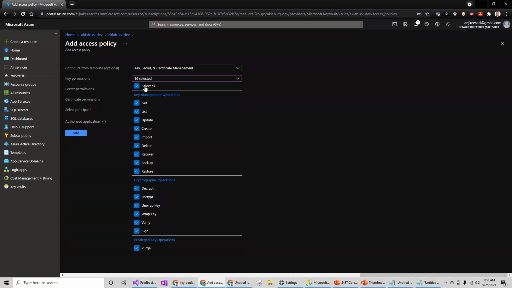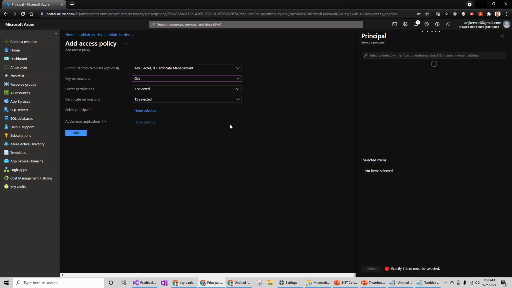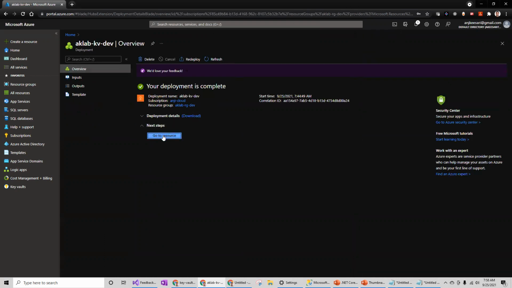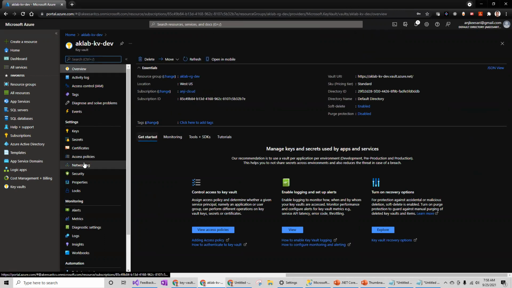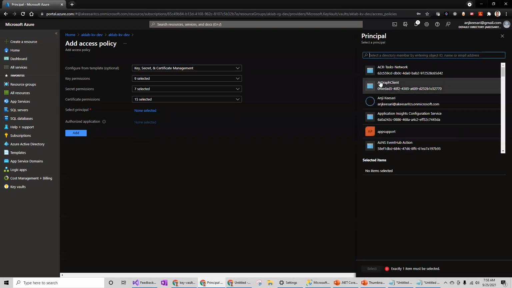But for now, let me keep the default one. Messed up. So let me come back again. Go to access policy, create new access policy. Select this. I will leave the default one for now, but I will try to remove it when access is working.